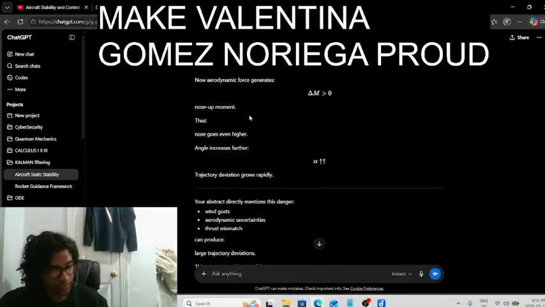Now if del alpha is greater than 0 but del m is also greater than 0, the disturbance will increase severely. And vice versa, if I have del alpha being less than 0 and del m being less than 0, the alpha will decrease severely. This is why when a plane crashes, let's say it loses one of its wings, it is going to dive down so rapidly because not only your disturbance has increased, but your moment has increased too, to a point where